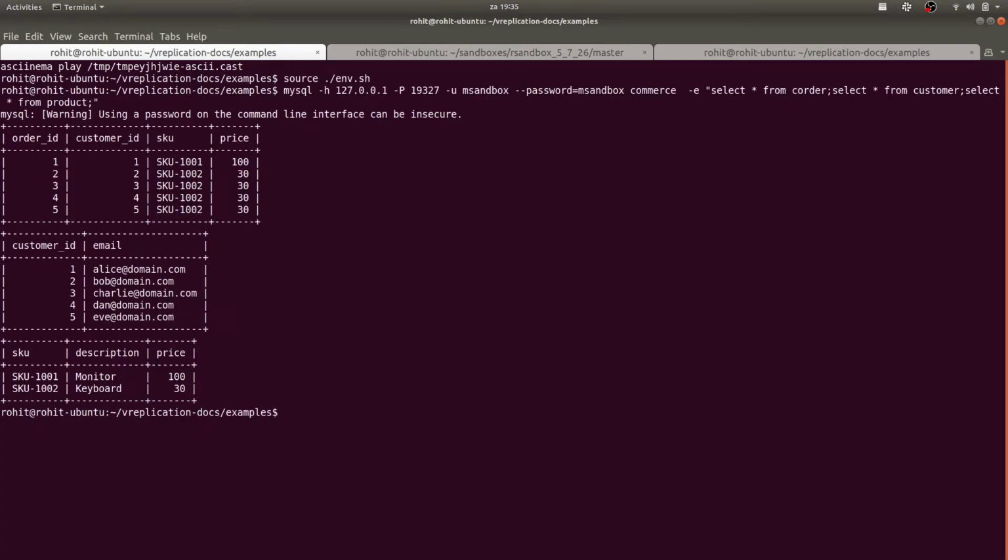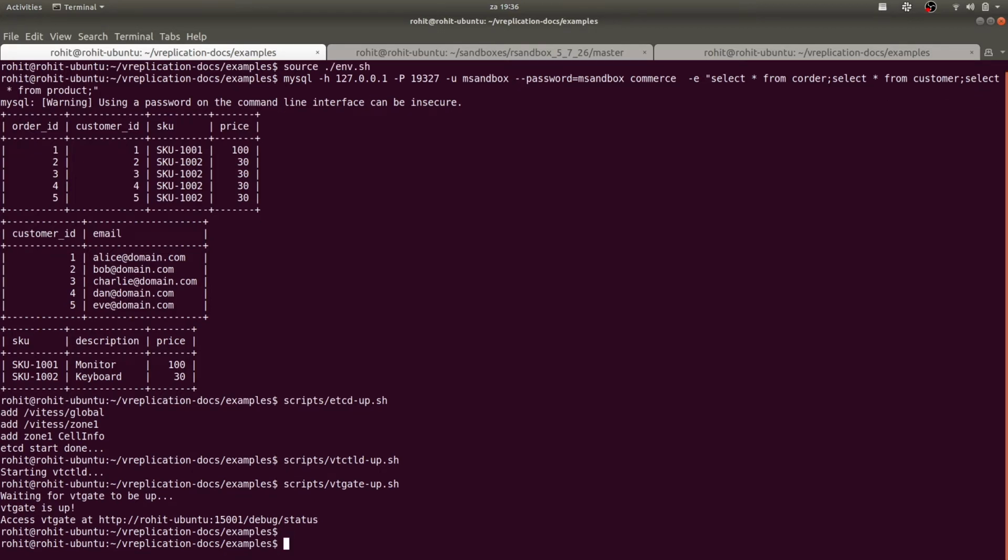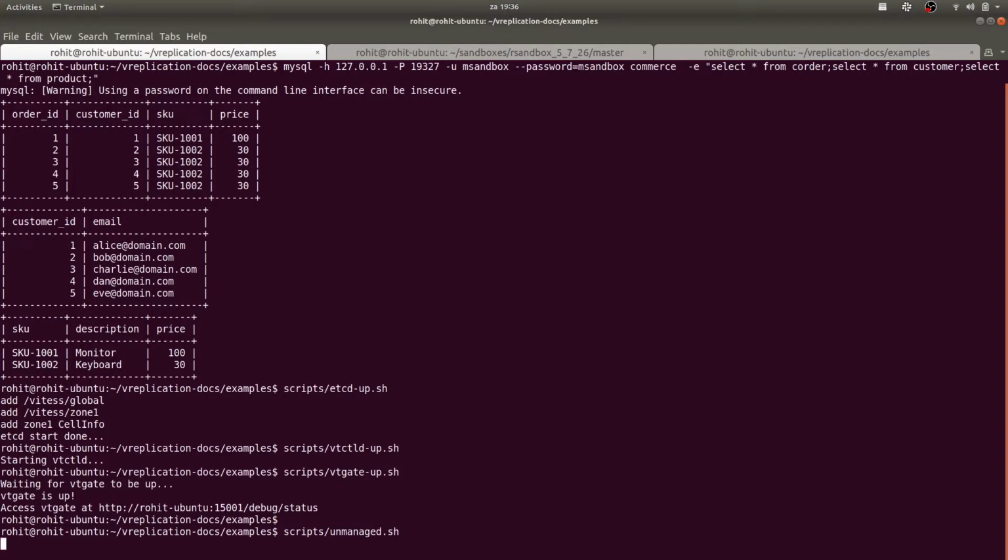So this is the data we have in our current server. We first start all the Vitess components that are needed: the topology, VTCtld, and VTGate. Now we start the unmanaged tablet, which is just a tablet proxy that points to the existing database server. Once that is done, we start the Vitess cluster